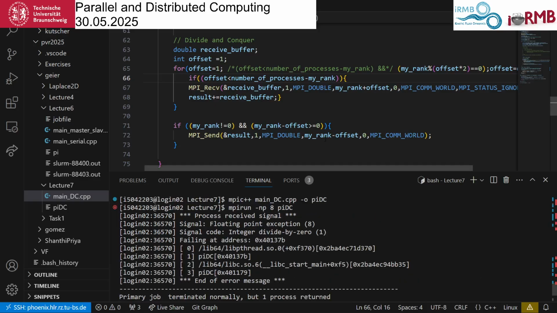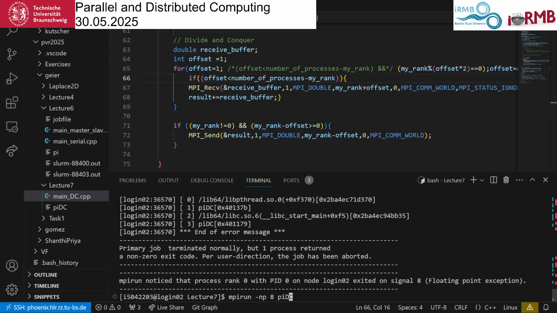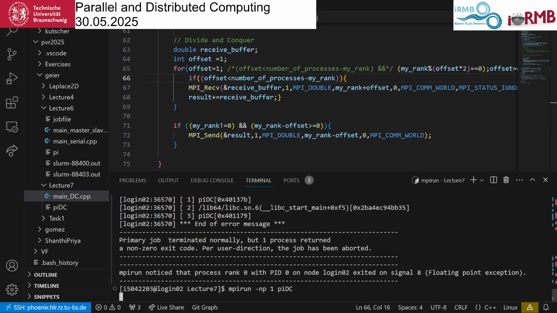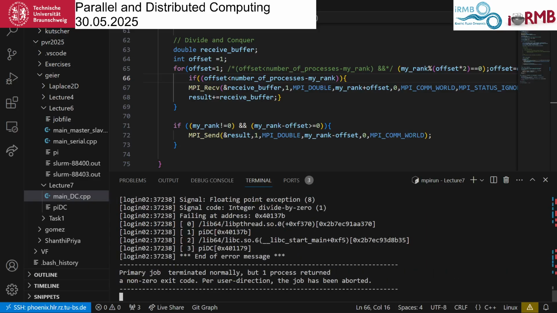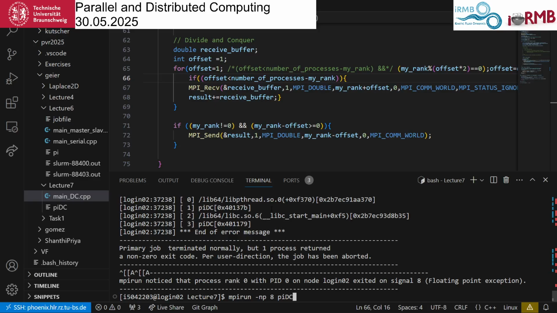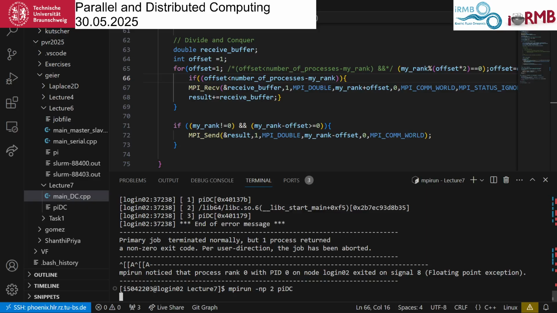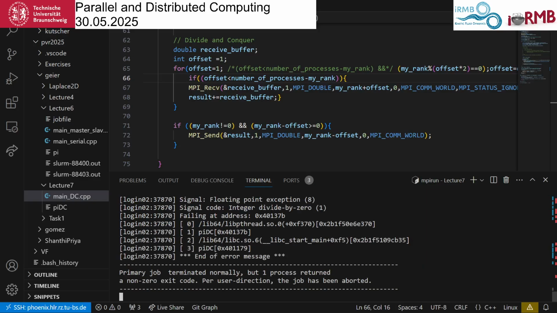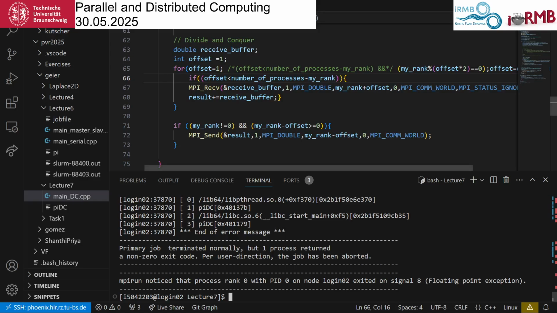So we divided something by 0. Okay, let me see whether this actually works with one rank. No, not even that. Okay, how on earth did I now introduce